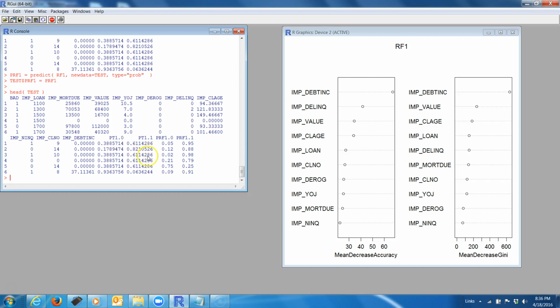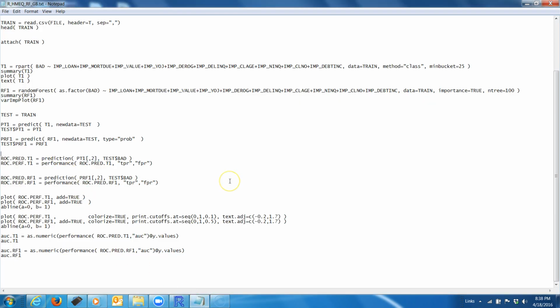So they're both there. Now let us see what we do next. Now we're going to build our ROC curves. Using the decision tree predictions right here,